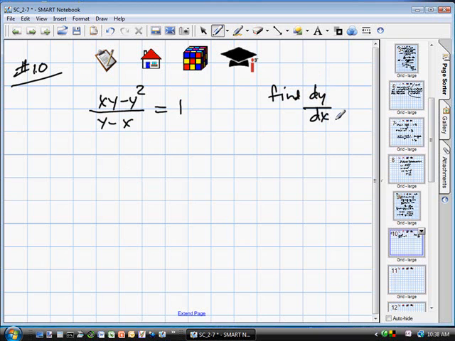And dy/dx is what you've been finding for quite a few lessons now. Just that we haven't used that notation. I maybe should have more. Well, can't we multiply both sides by y minus x, giving us okay. And now let's differentiate. We're not going to try to solve this for y. The problem is this mixed term right here. So here we go. dy/dx of that whole thing